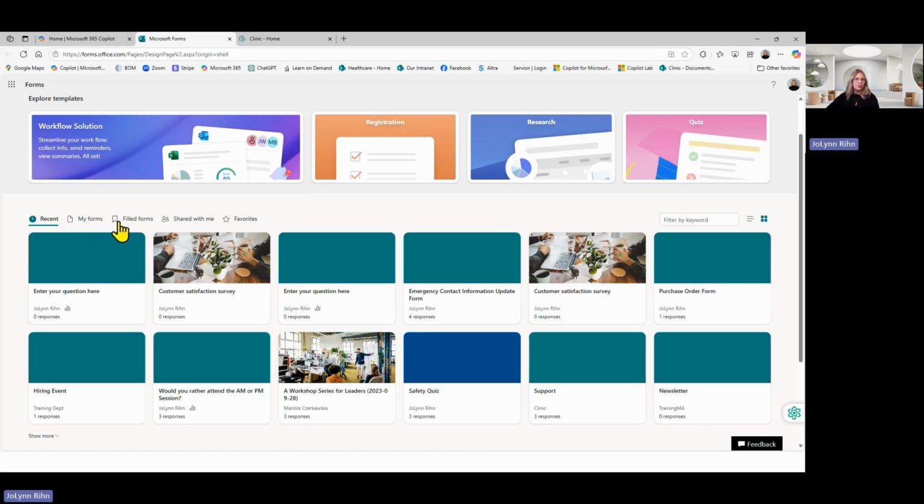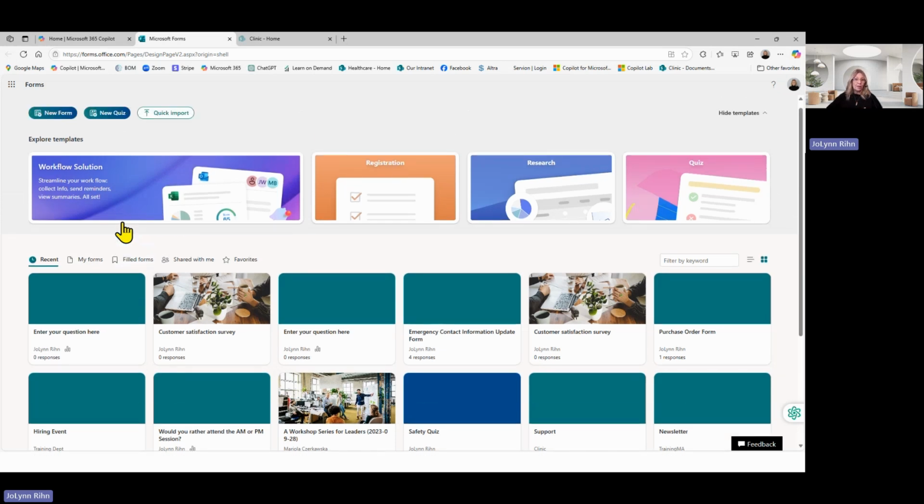Now, of course, I will get into showing you how to create a form, and we will start with a blank form. So I want you to be thinking about what types of forms you might need. As we walk through how this works, first we'll talk about creating it, then we'll talk about submitting it, how do we get it to the people we want them to fill out, then we'll talk about how to see the results of the form. And I'll use an existing one and talk a little bit more about this screen as we do that, because I don't have a ton of results. I can't show you anything that's confidential,